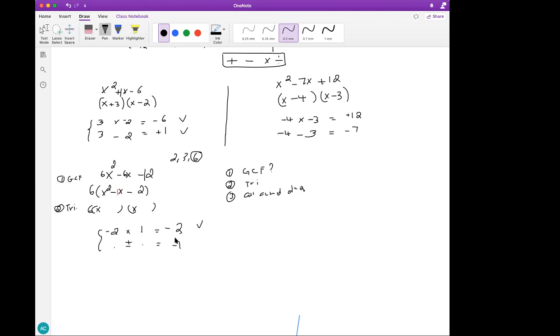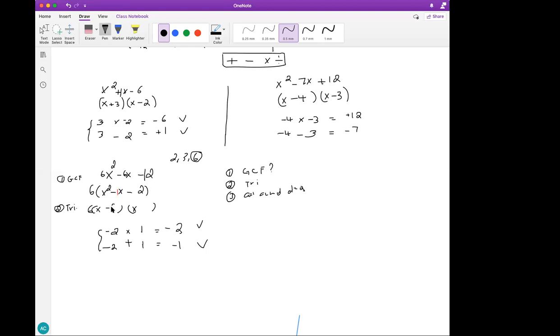But does that work for this? If we use -2 and +1, is -2 plus 1 equal to -1? Yes, so that works for both. So if you don't get exactly this, you may have to try the signs again, and you have to try other signs. So the numbers are exactly